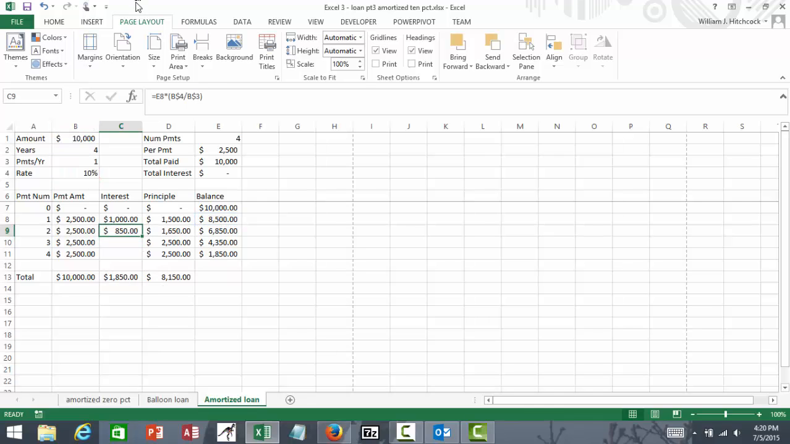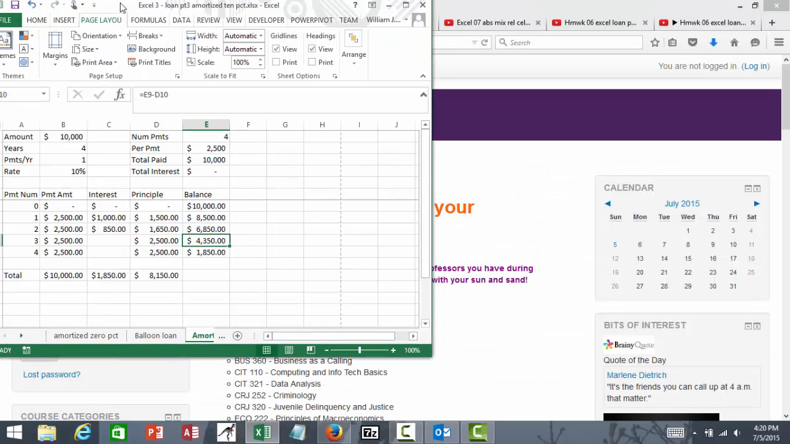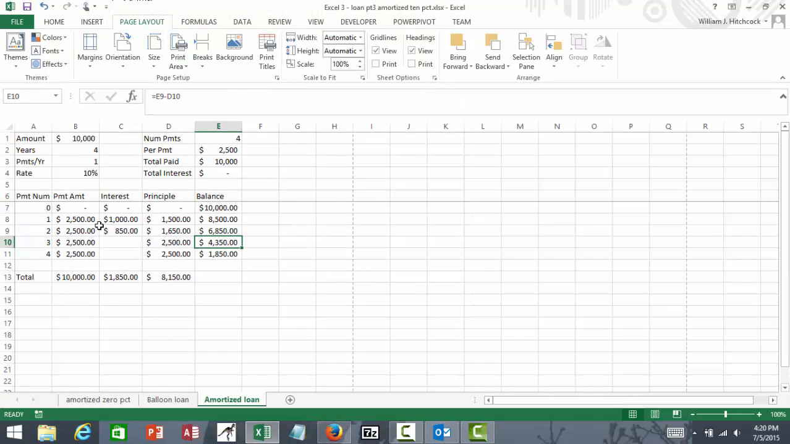And there's $850. So on this check that we write out for $2,500, we're paying more principal, $2,500 minus $850, and that reduces my balance by even more. So for the next payment of $2,500, we'd pay 10% on $6,850, so that'd be $685. My last one's going to be $435. So we're going to copy this